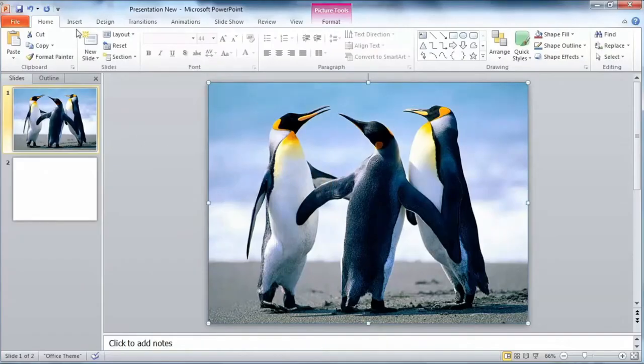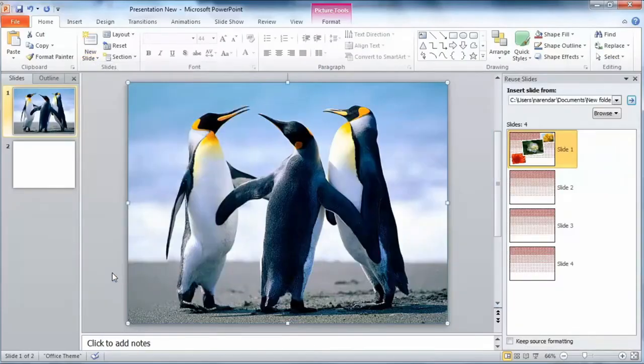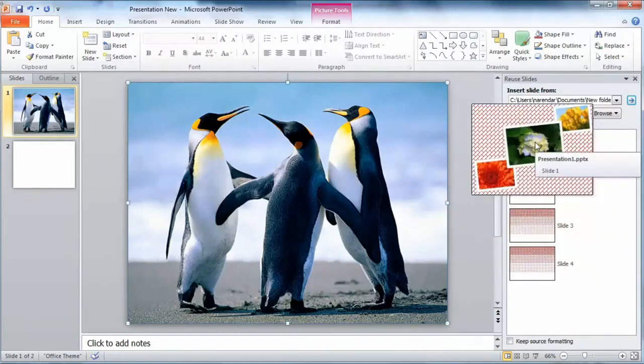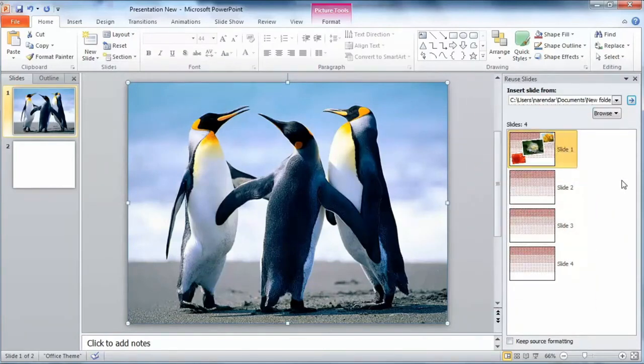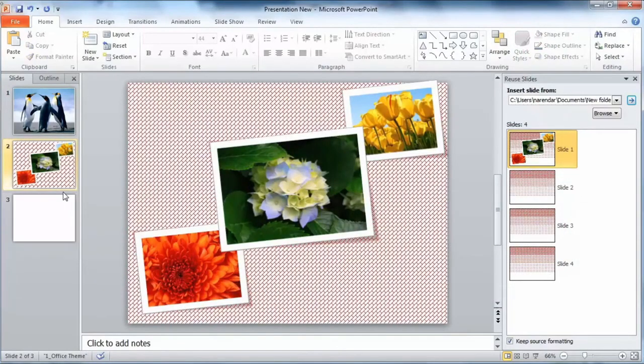Reusing slides. Many times, users can save a lot of time by copying or reusing slides from previously saved presentations. PowerPoint 2010 also allows users to copy slides from another presentation with the flexibility to keep or discard the source formatting. A new slide will be inserted at the cursor position or after the current slide selected in the